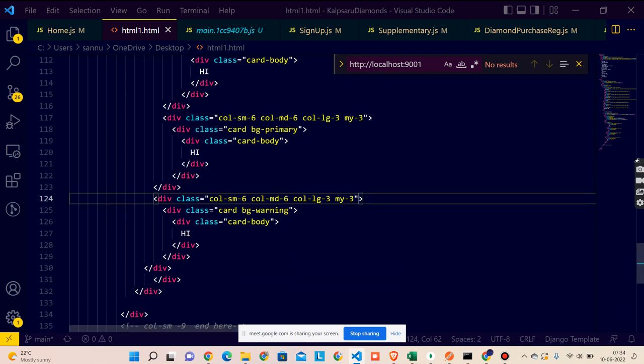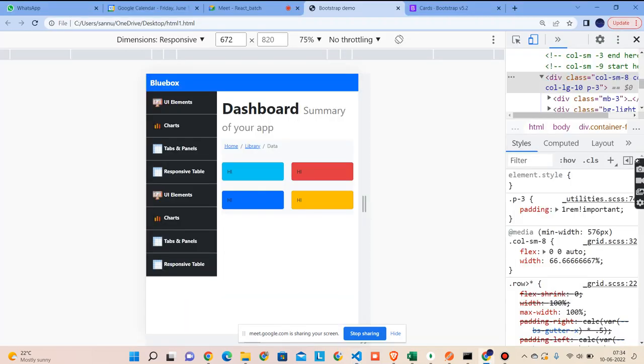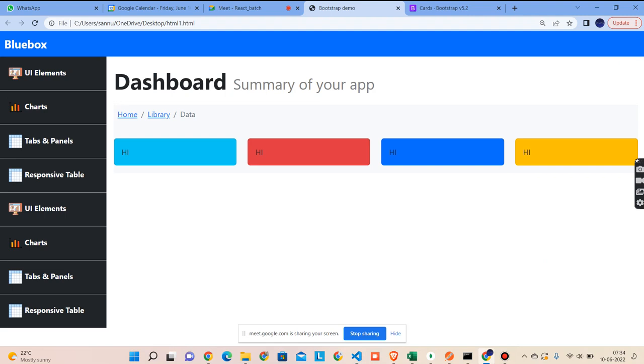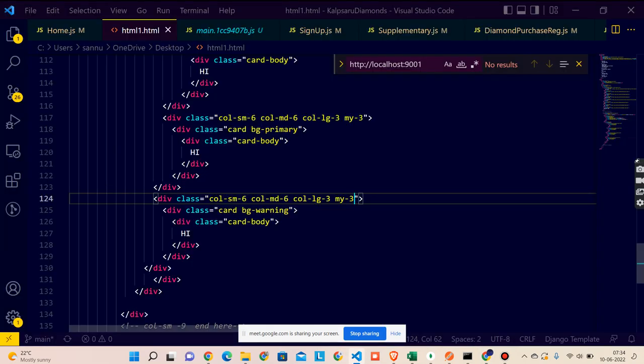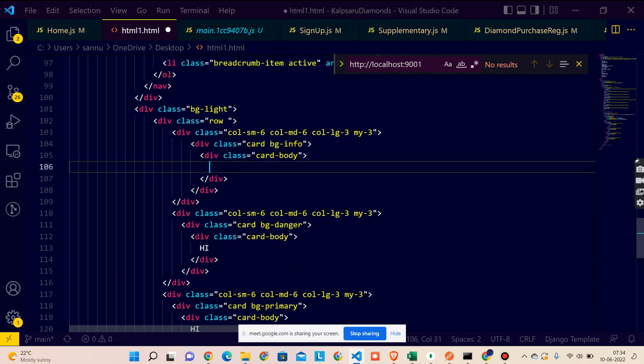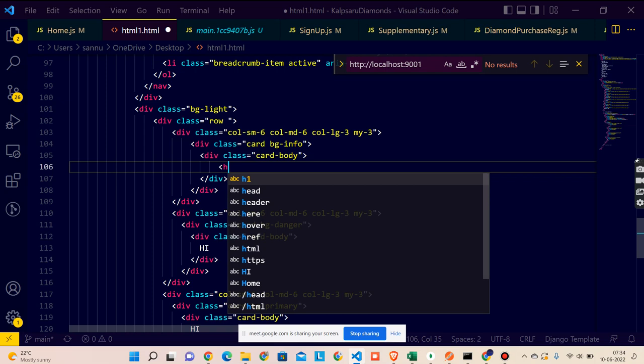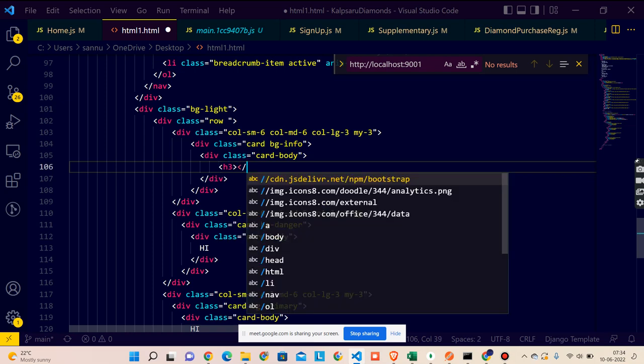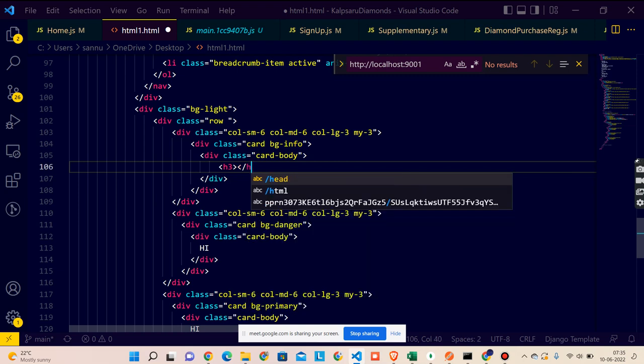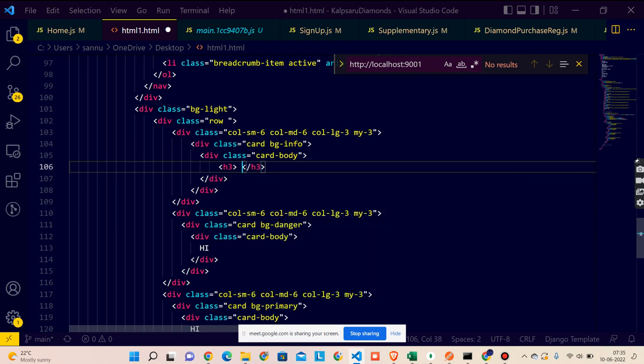Okay, so like that you can do. Cool. Now there are 4 cards, so we can give some initial things, right? Here we can give something like banks. Suppose let's give H3. H3 will give bank name SBI,